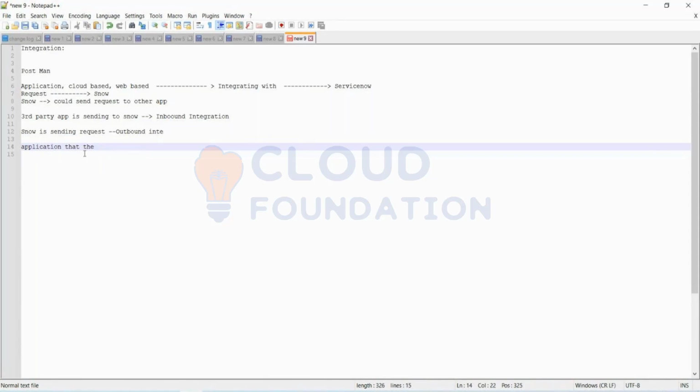We will not randomly start integrating all the APIs with ServiceNow, otherwise the system could be hacked. So the application that receives the request also needs to do some authentication. Without knowing that this is a legit source of the request, if I immediately send out the data, what happens?